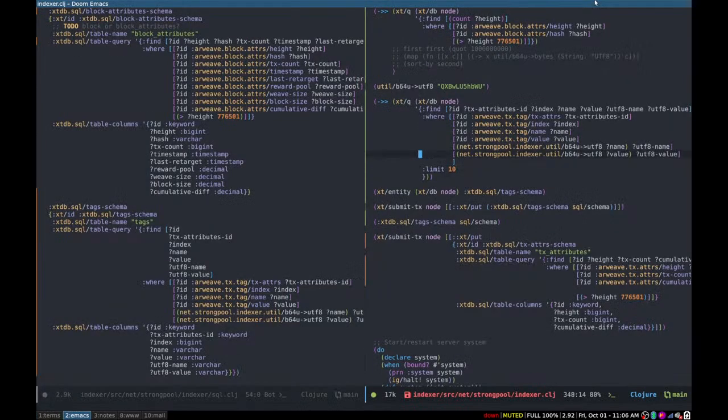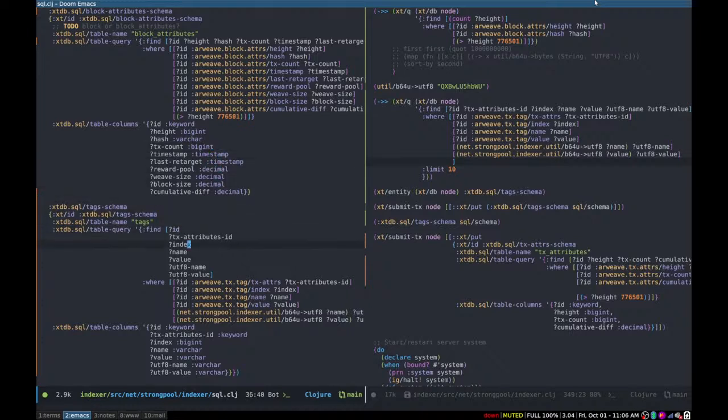So the problem is, now thinking about the history of this database, it makes sense. I have name values that are bytes in there, byte arrays instead of strings. So when it's doing this, it's trying to treat those as strings. That's obviously not going to work. With the block attributes,